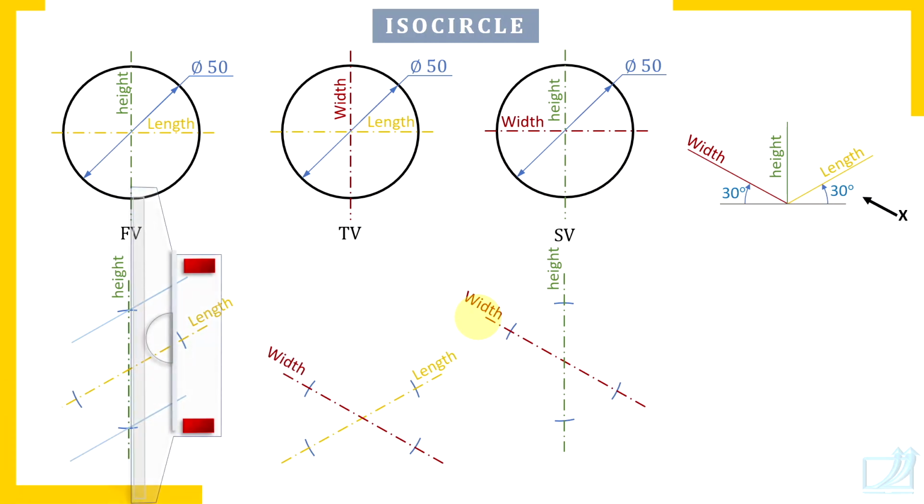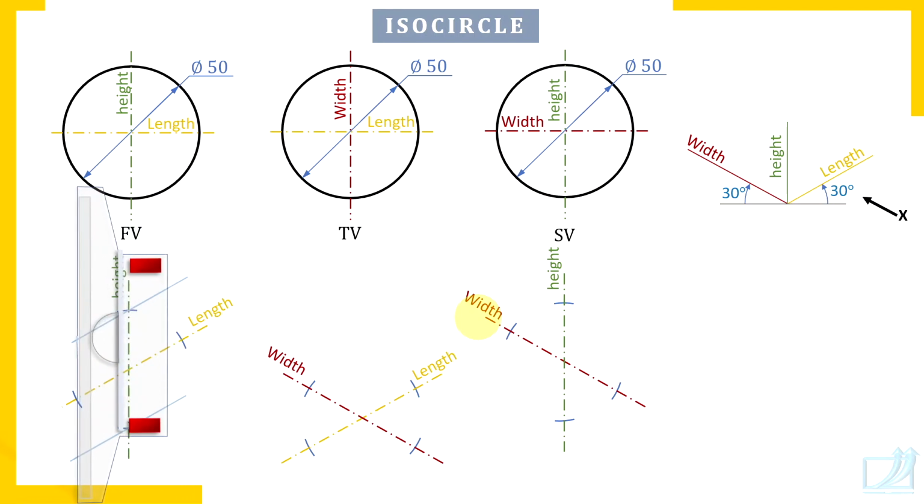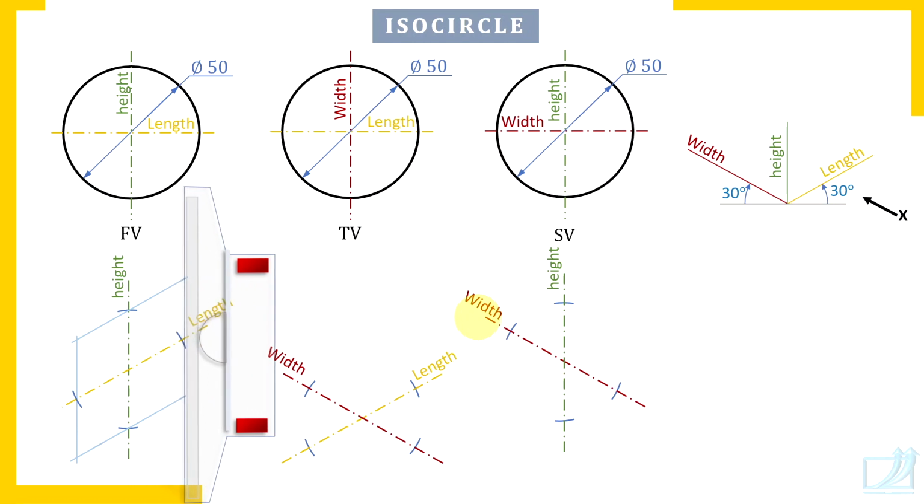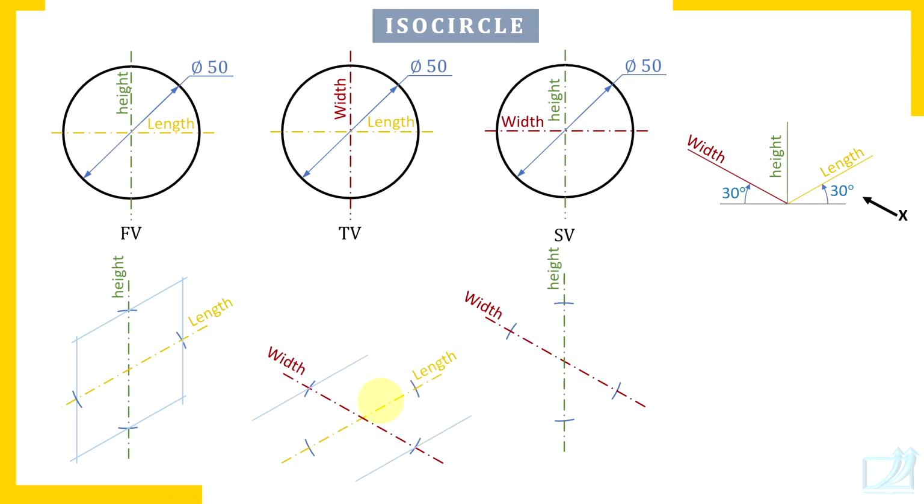Similarly, draw the lines parallel to height axis. So you will get a rhombus of sides equal to the diameter of the circle. So simply draw lines parallel to these center lines from these newly marked points. And to draw these parallel lines through these points, use a roller. So this is how you have constructed a rhombus.